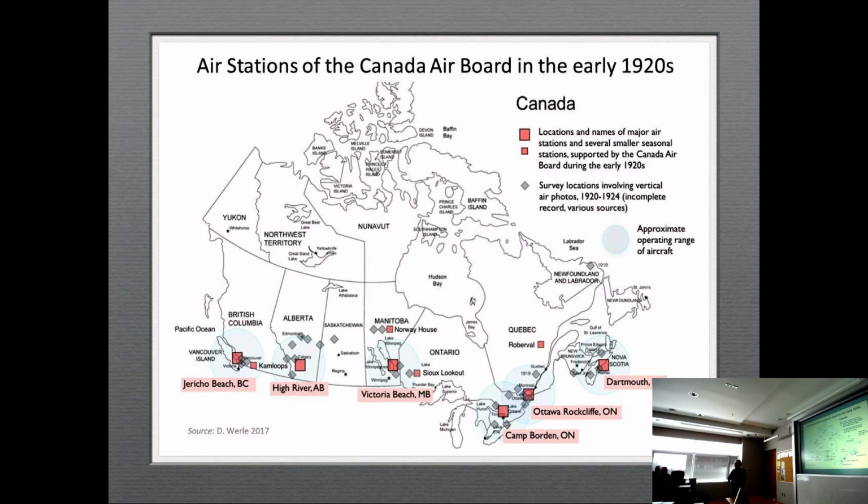And the Brits were swimming in equipment after the war that they had no use of. Airplanes, air photo equipment, and so forth. So they proceeded to gift that to the colonies. The Canadians got a whole whack, 130 planes, including hangars, including trucks, including air photo laboratories, equipment, and so forth. And the Air Board made ready use of that.